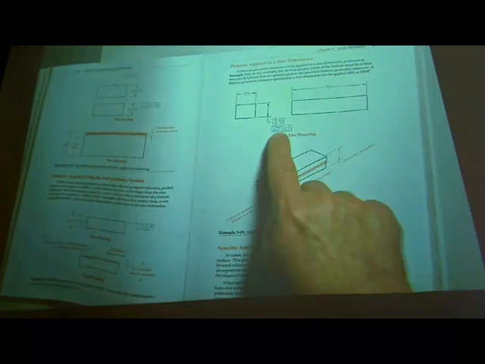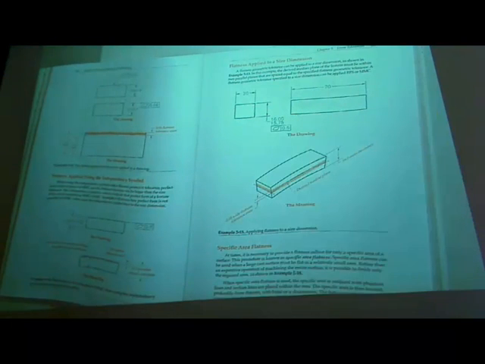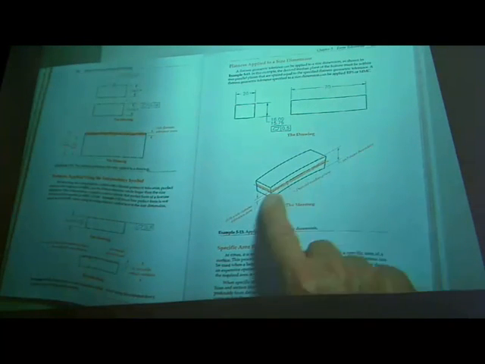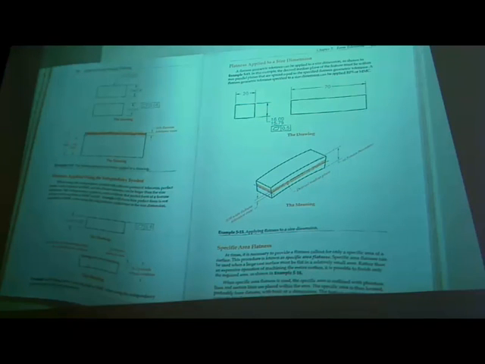So we actually apply the flatness to this size, and it actually means that the median plane has the geometric control applied to it. It's very unusual, because I can't reach inside and find that